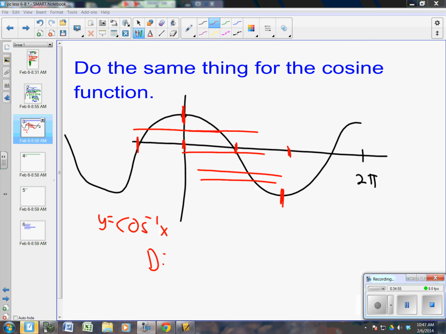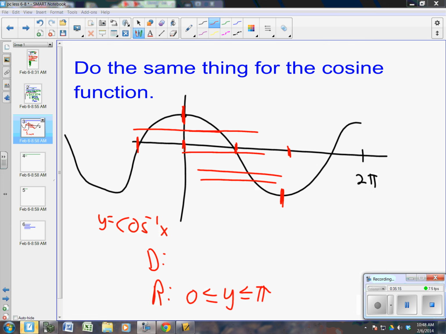Between what and what? 0 and pi. And what's the range going to be? Oh, I'm sorry. We got to switch these, right? We got to switch these because I'm doing the inverse. The range is between, the answer is going to be between 0